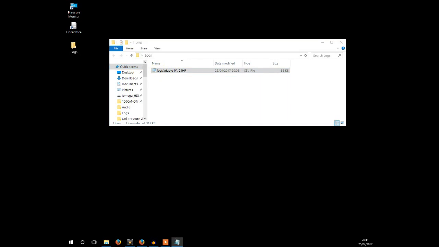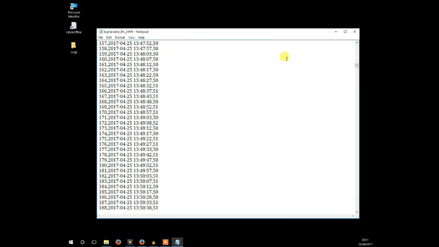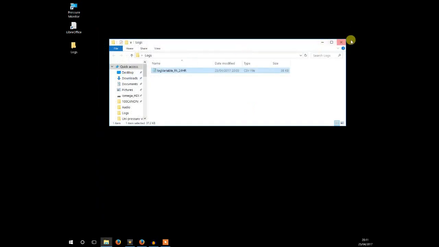file just there. If we have a look at that in Notepad, then we'll see each individual recording has a serial next to it, and then the year, the month and the day, followed by the time, hours and minutes, and then seconds, and the last reading is the pressure. In this format it's quite hard to read and you can't do a lot with it. However,